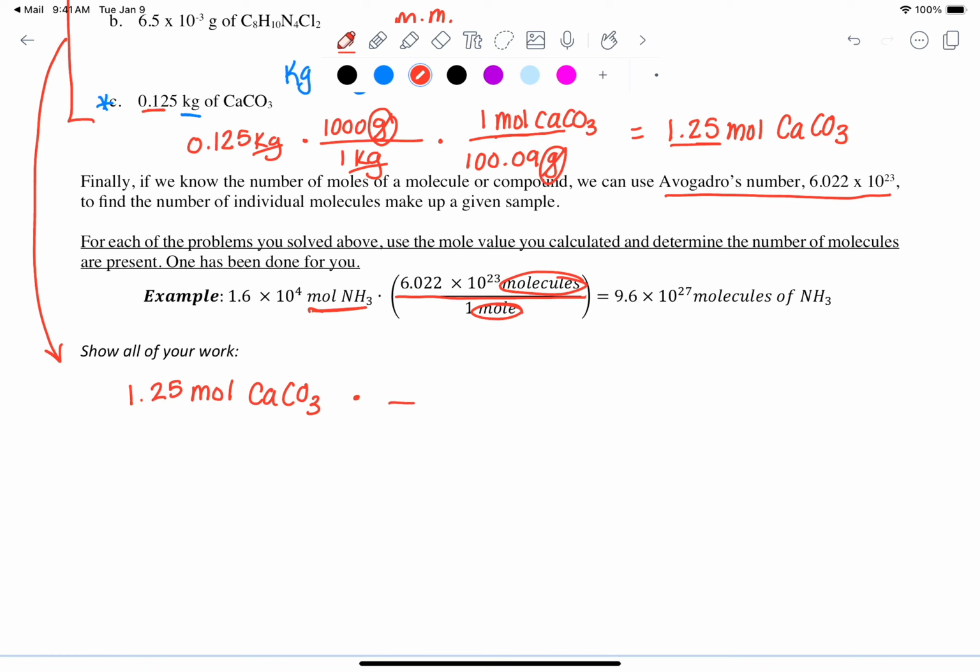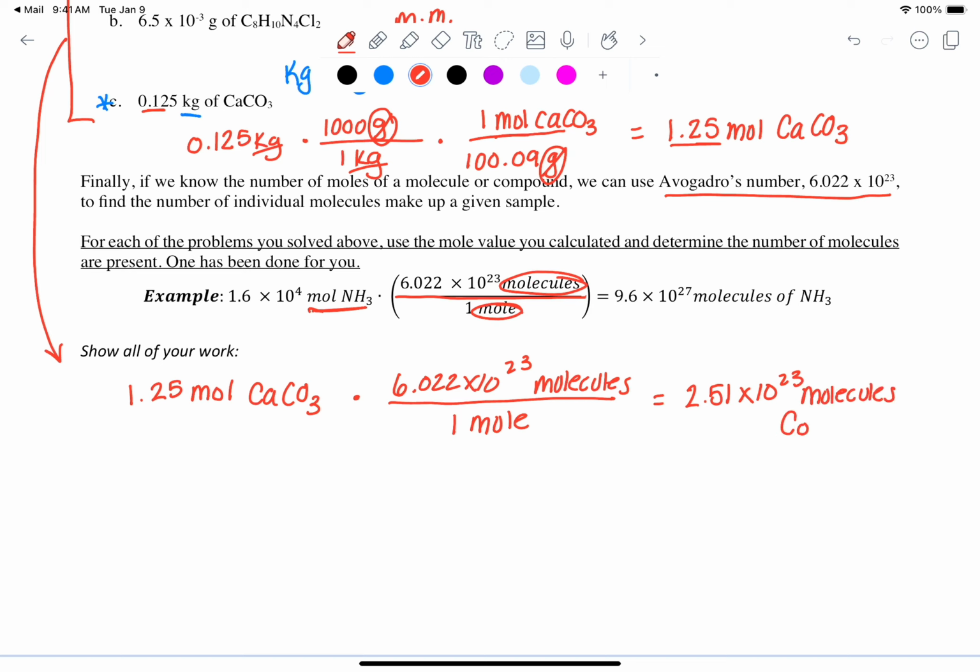So we're going to take Avogadro's number, which is 6.022 times 10 to the 23 molecules, divide that by 1 mole, and multiply right across to get